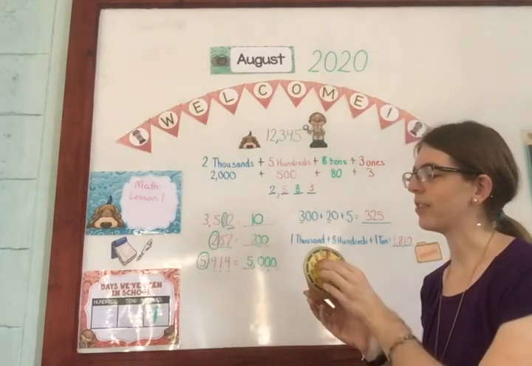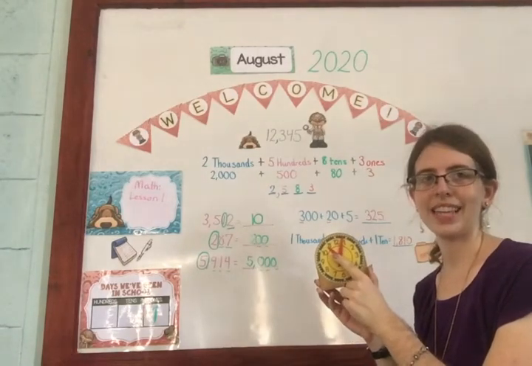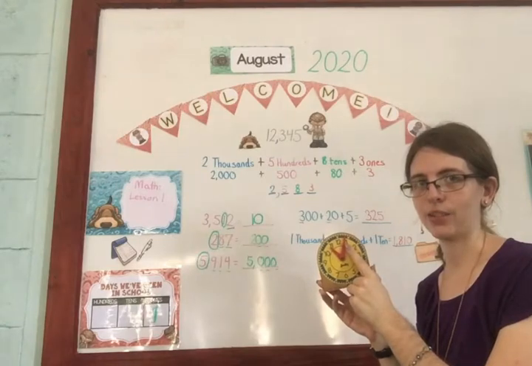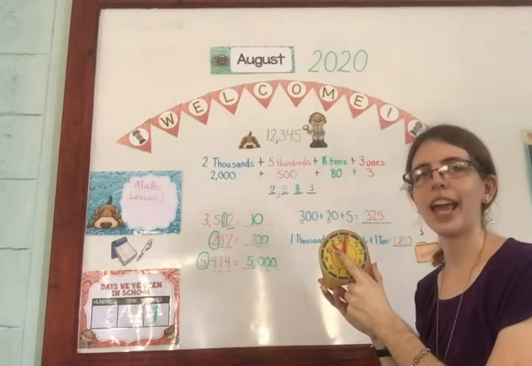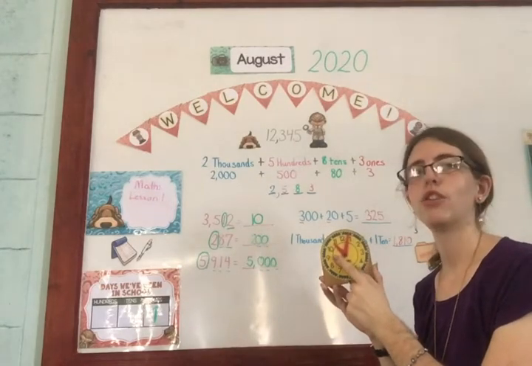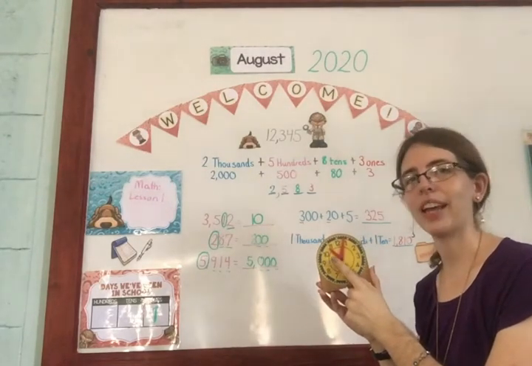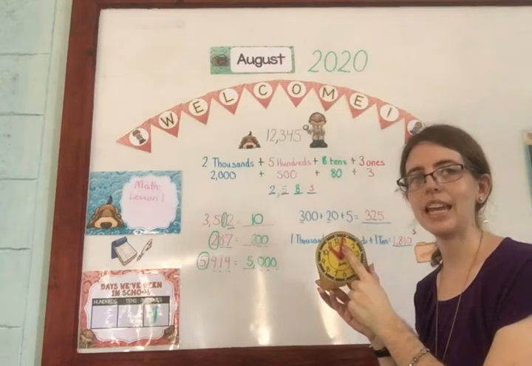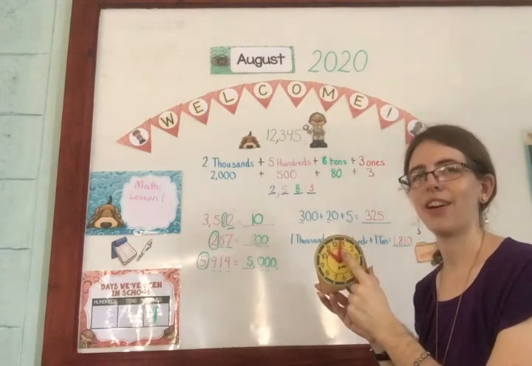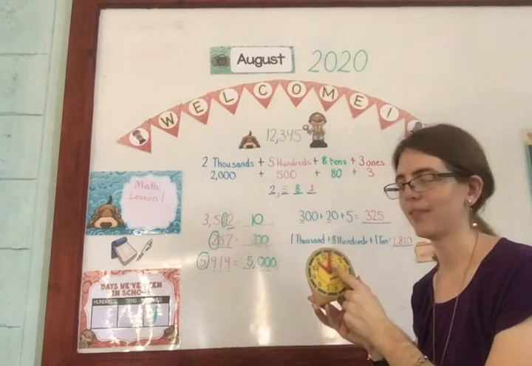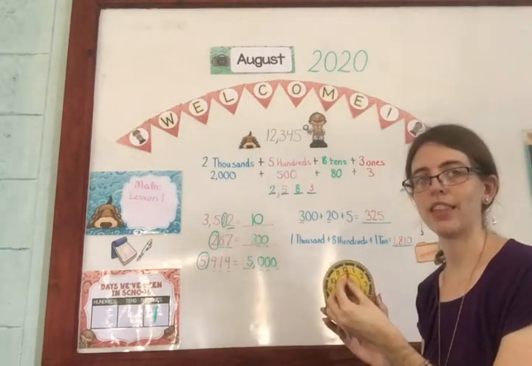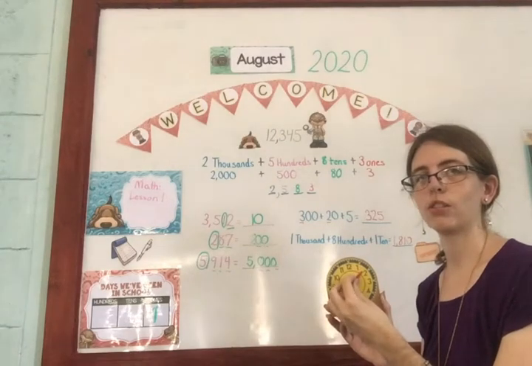So when you are counting, the short hand is the hour hand. The long hand is the minute hand. So say that with me. Short hand, hour hand. Long hand, minute hand. One more time. Short hand, hour hand. Long hand, minute hand. So the hour hand just counts the big numbers, the hours, and it goes slowly around